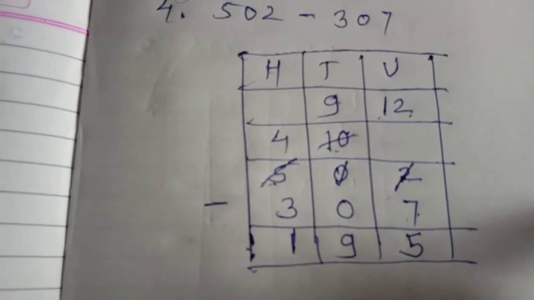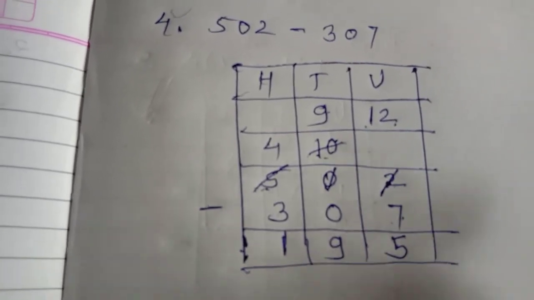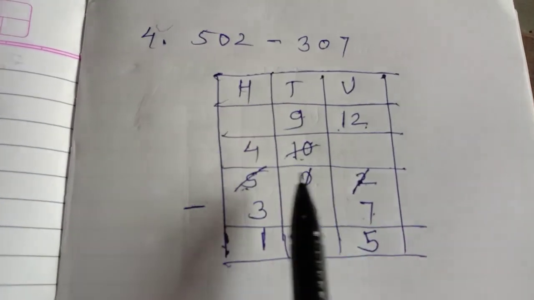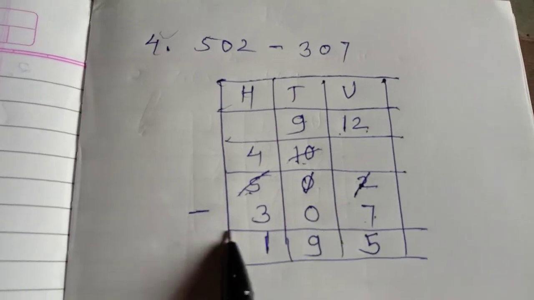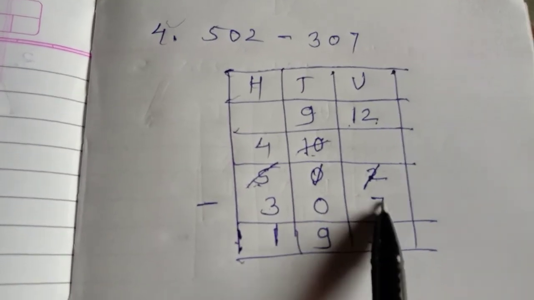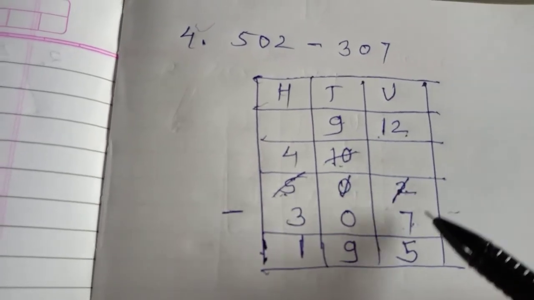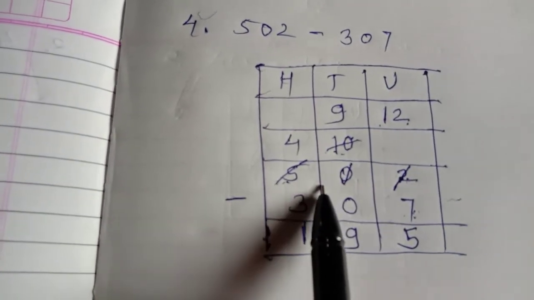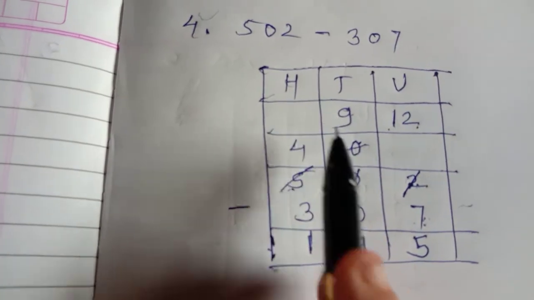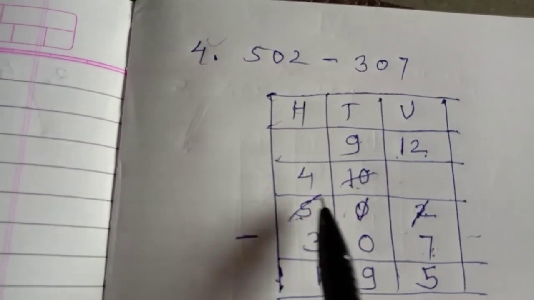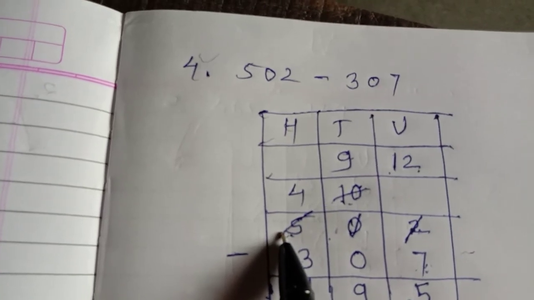Okay. Understand? I will repeat this again. Write down the unit, tens and 100. Then write down the number 502 minus 307. Okay. First, subtract 7 units from the 2 units. But we cannot subtract it. That's why we borrow 1 from the another column. But on the tens column, there is no number. 0 tens. So what do we do? You borrow from the 100 column.